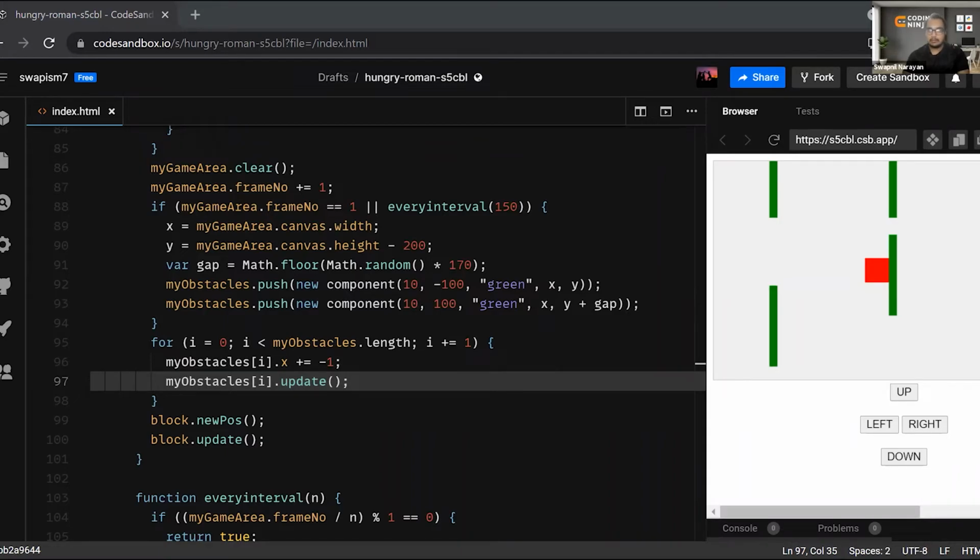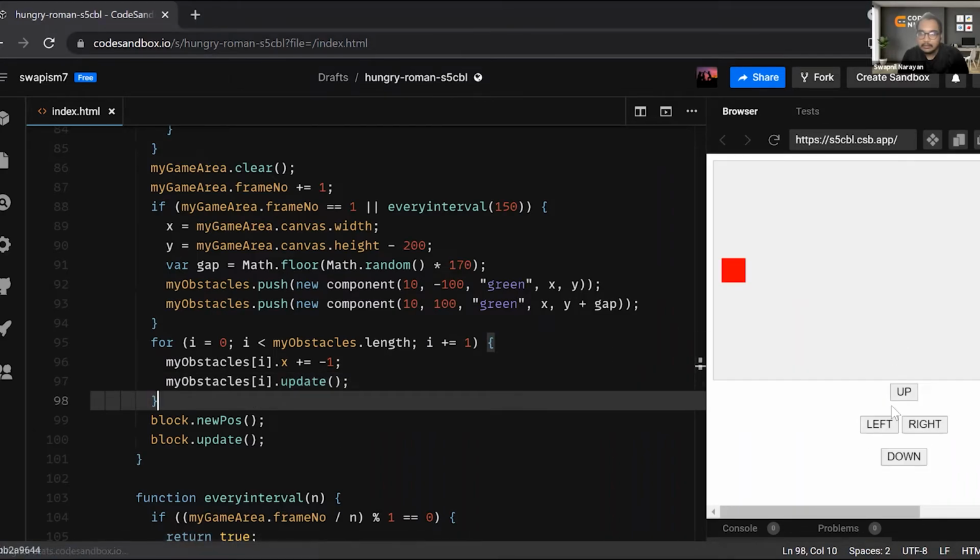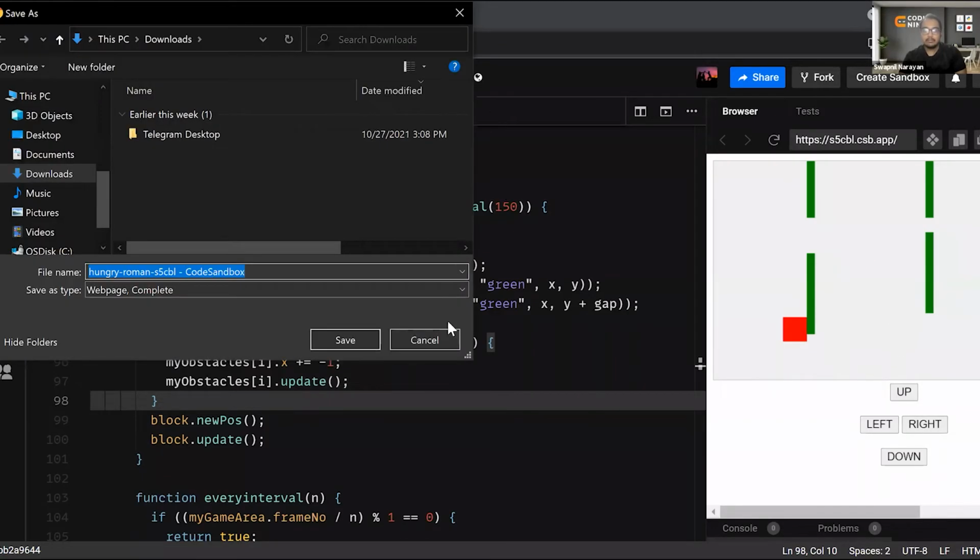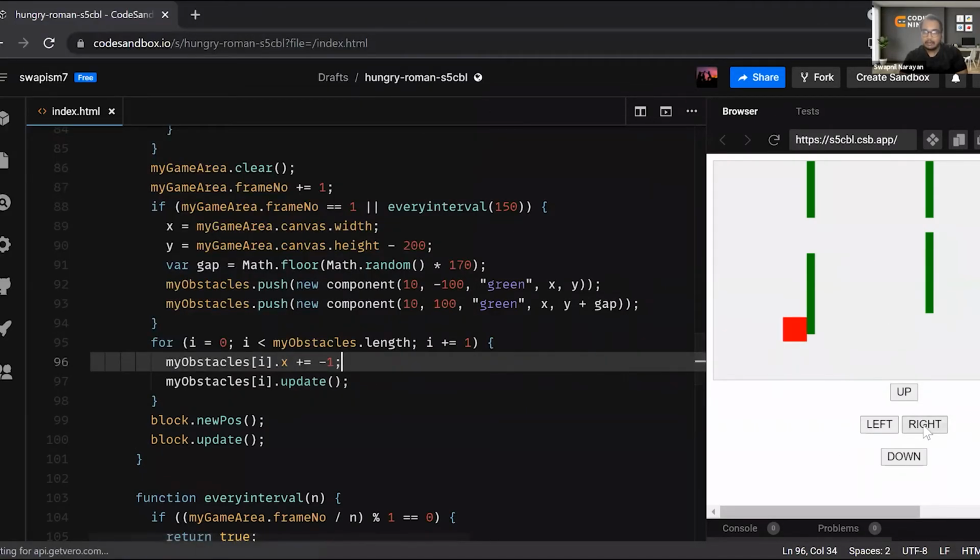So let's check out. Okay, you can see that the gap is changing, but it is changing in the downward direction, right? So you just need to make some minor tweaks for that.